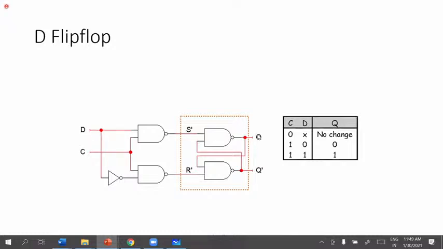So that's why these D flip-flops are used in registers, in buffer registers, in almost all registers. And in ring counter, we use